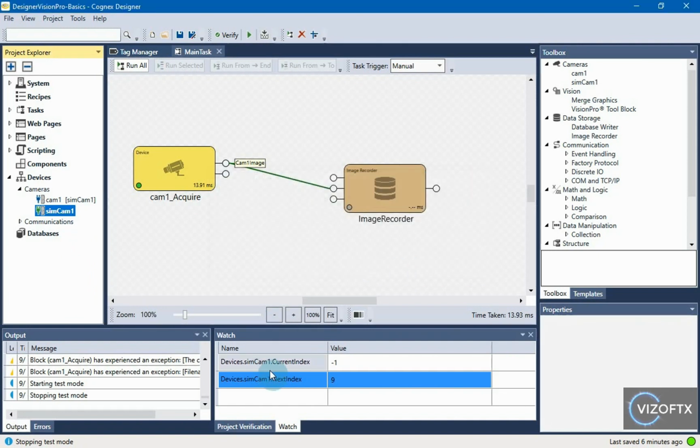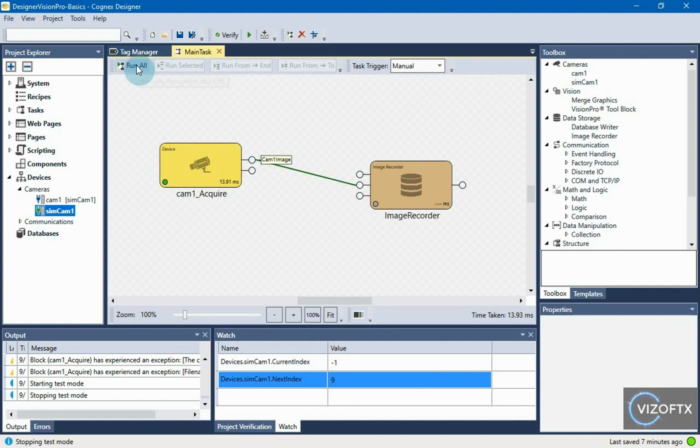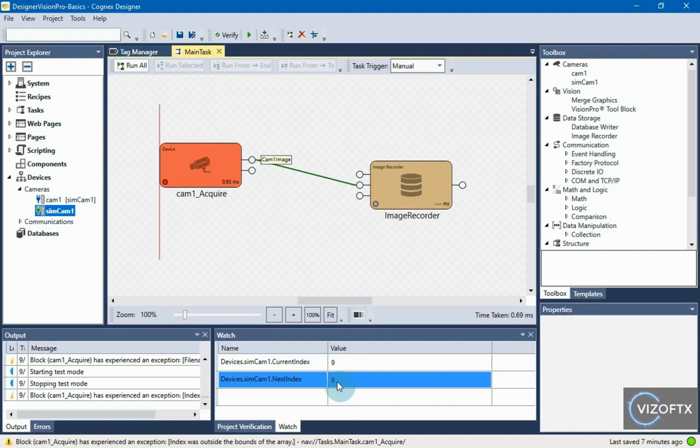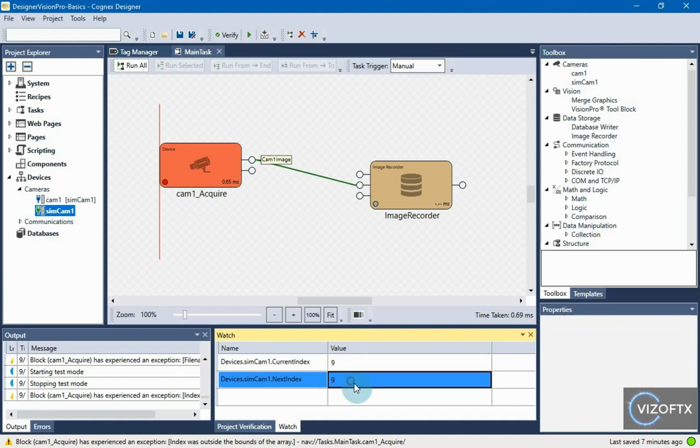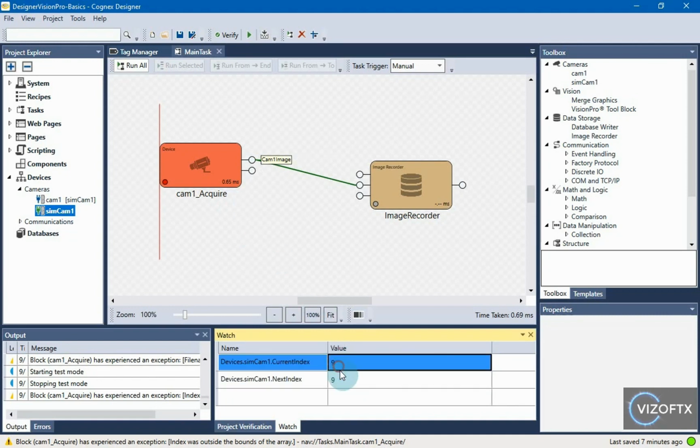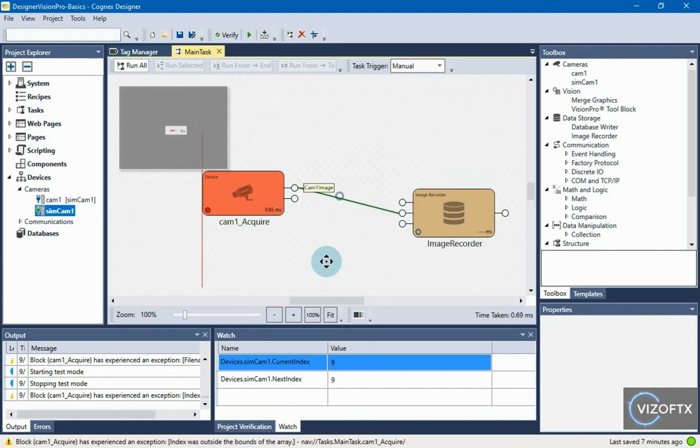I give accept and I see that the current index has reset to -1, but the next index remained 9. And if we press run in this way, then the current index will be set to 9. Next index will not be switched anymore, because there is an error and simply the task fails. So, we have to learn how to live with this error